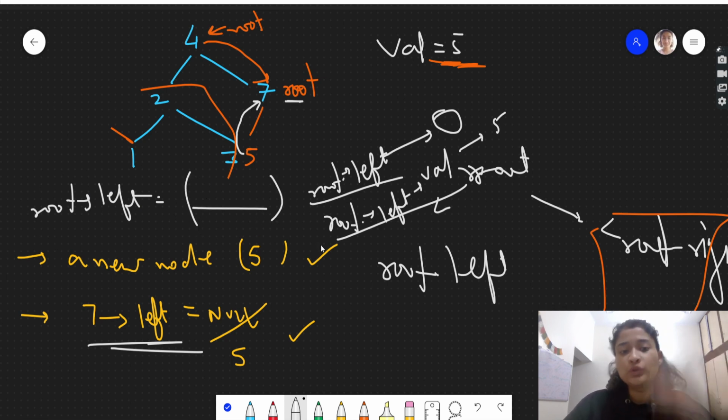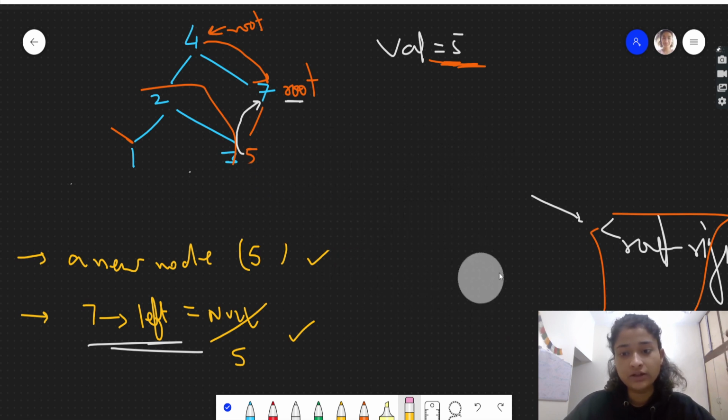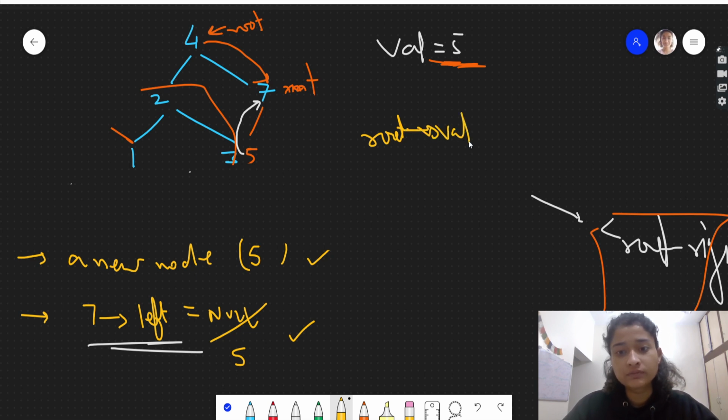So you might be thinking that why are we returning, why can't we do this? You might be having this question that there is no need to return. We will check if our root pointer is here. What we will do is we will check if root's value is greater than the val, where val is 5 here and root's value is 7 here. So we know that the value is less than, so it will be going in the left subtree.